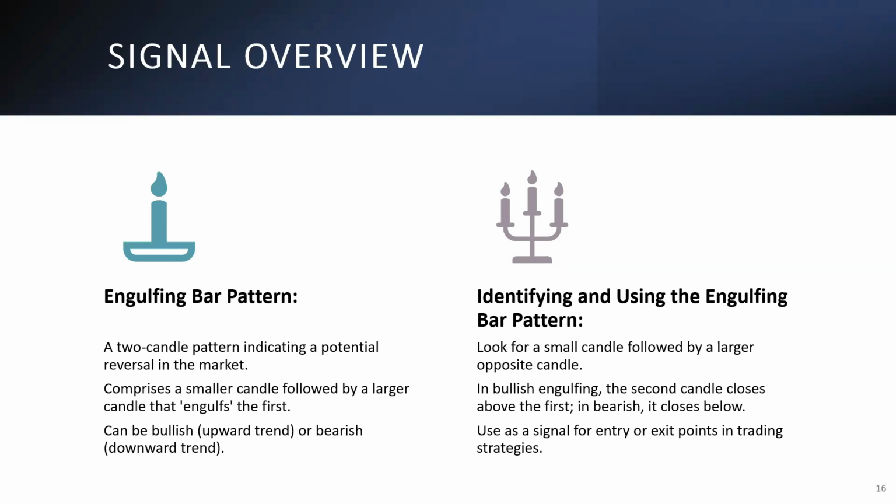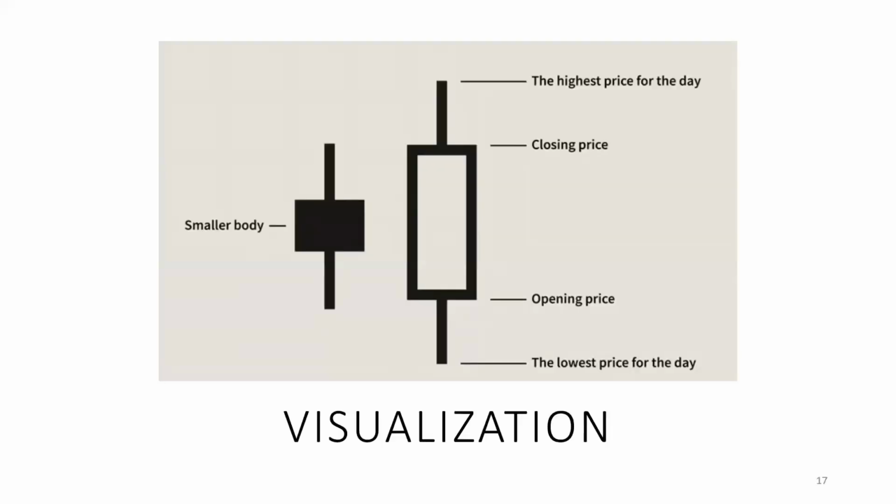Okay, so how do I intend to implement it in the demo that we're going to see? For the signal, which is how I intend to spot a trading opportunity, I'm going to use what we call the engulfing bar pattern. Okay, and the engulfing bar pattern looks like this. So what happens is